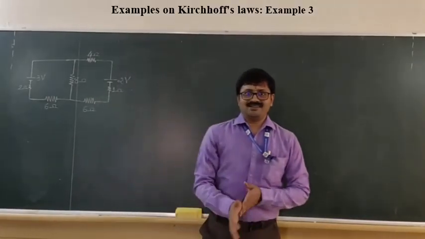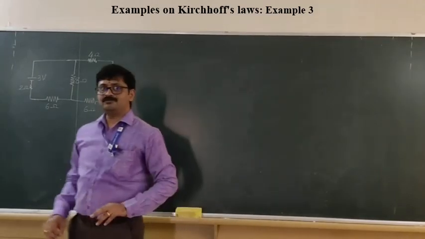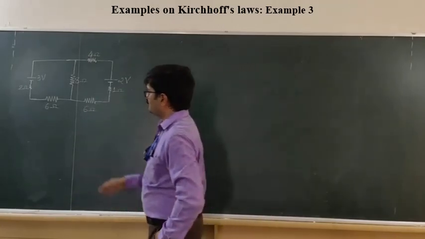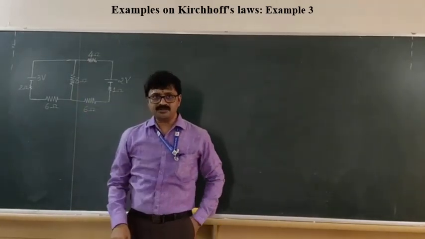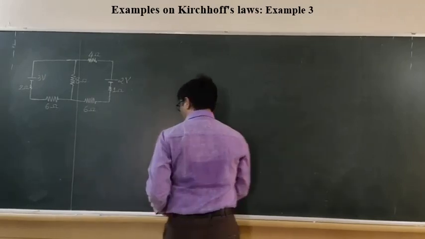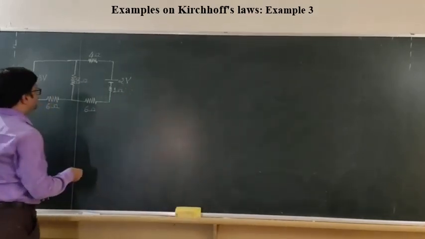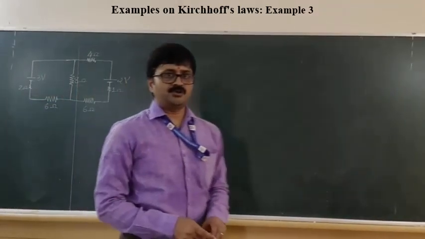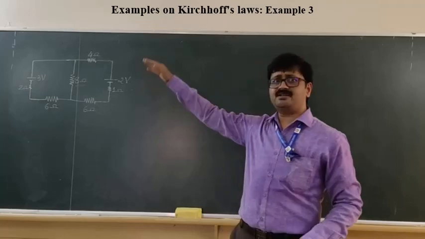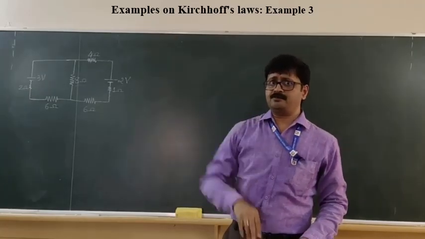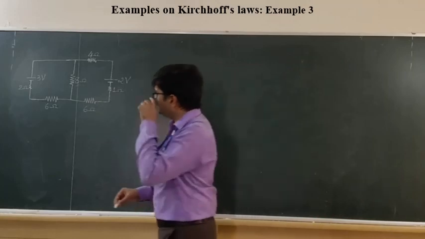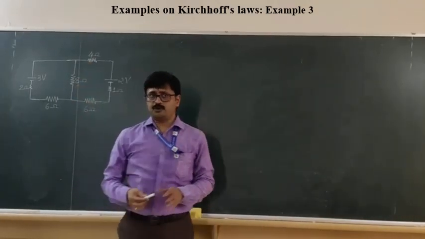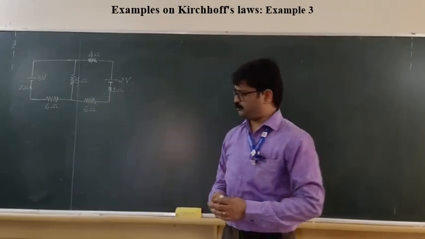Now let's take a look at the second problem, third problem I suppose. Third example here. This is the circuit that has been given to us. In this particular circuit, we are supposed to find the potential difference across the 8 ohm resistance. So it is exactly a similar variety as we have solved in the second example. Here we will first find the current through the 8 ohm resistance. Then we will apply Ohm's law V is equal to IR to find the potential difference.